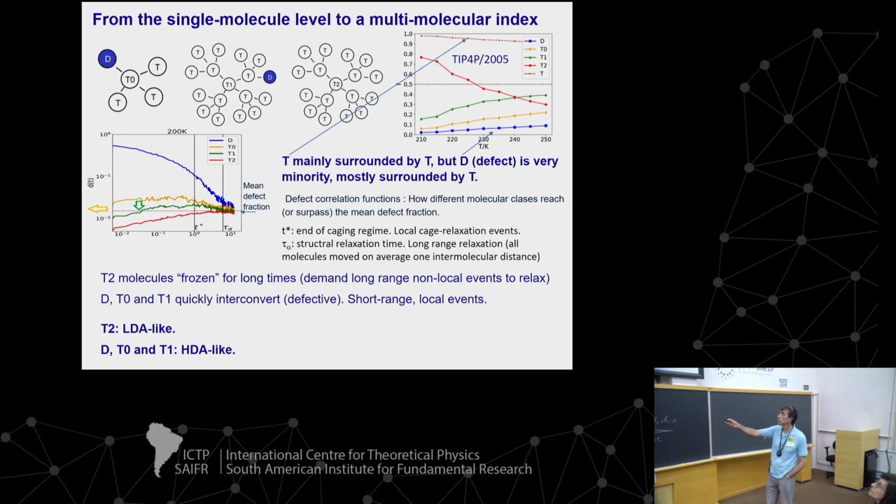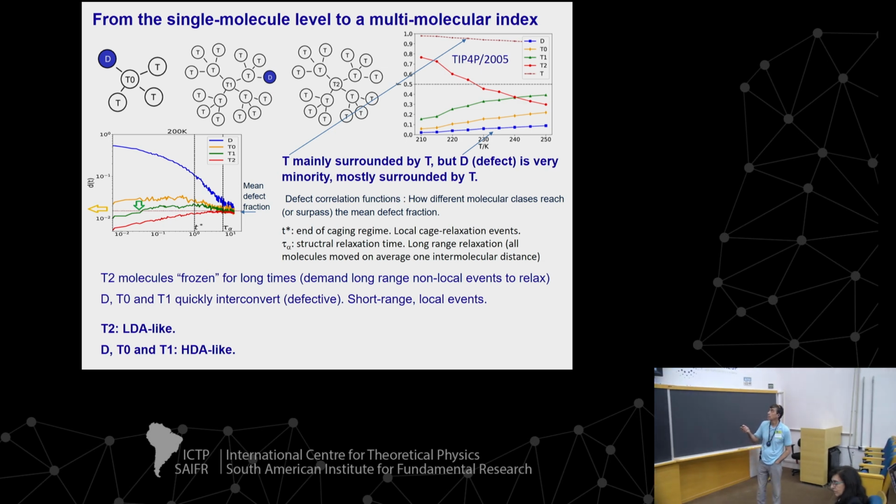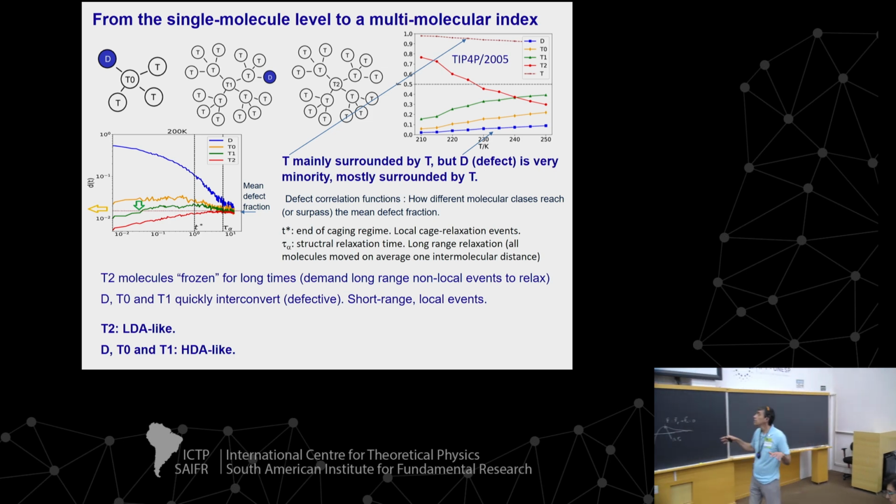This is a defect correlation function, and you see that when you have a structured molecule which is surrounded by a defective one, in its first shell or in its second shell, they quickly went to the mean defect fraction. This tells us that basically the system is behaving as if these molecules are forming a frozen sea